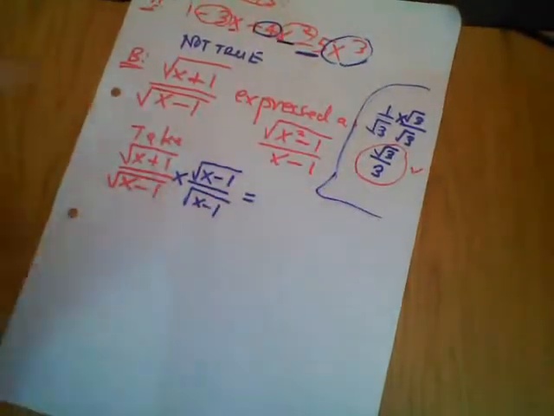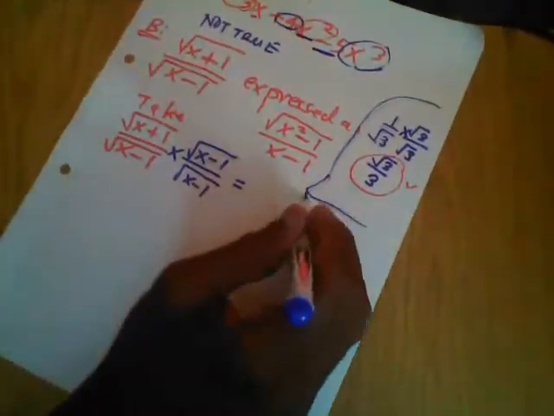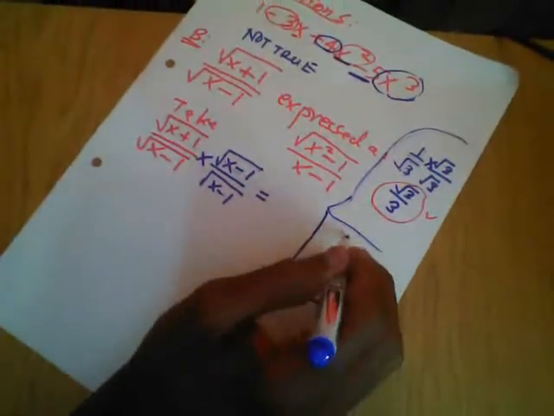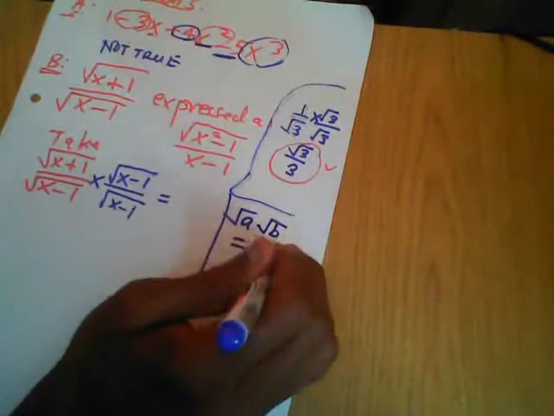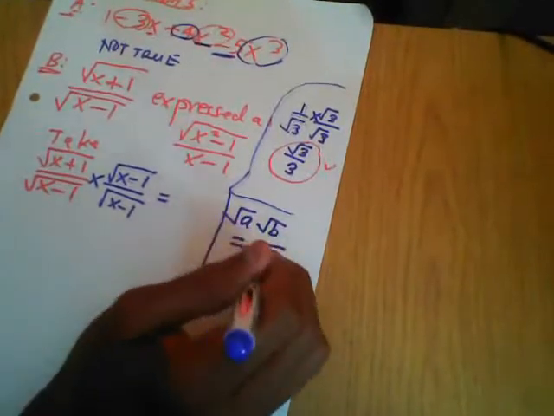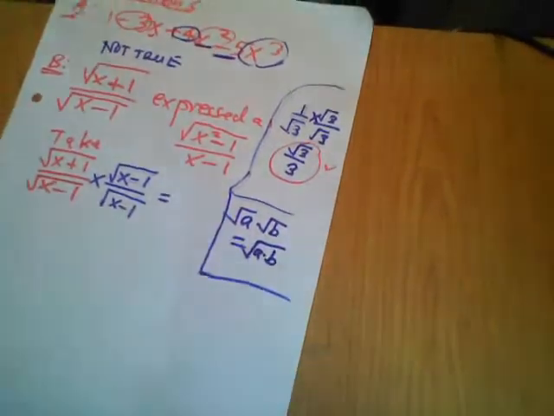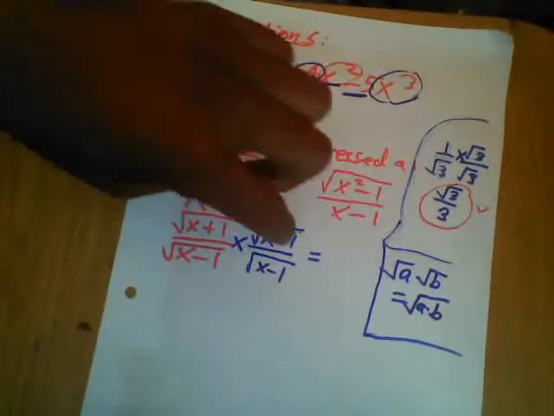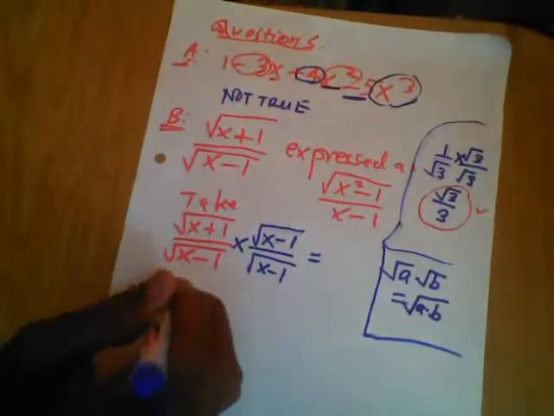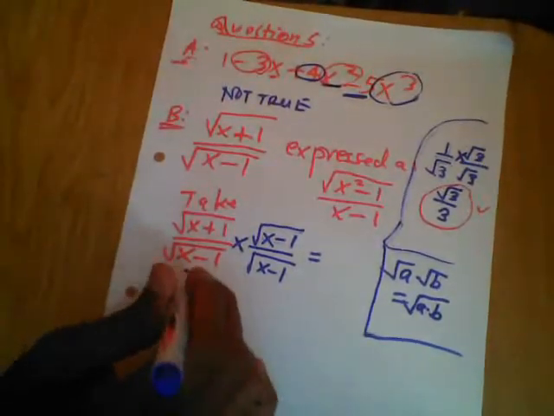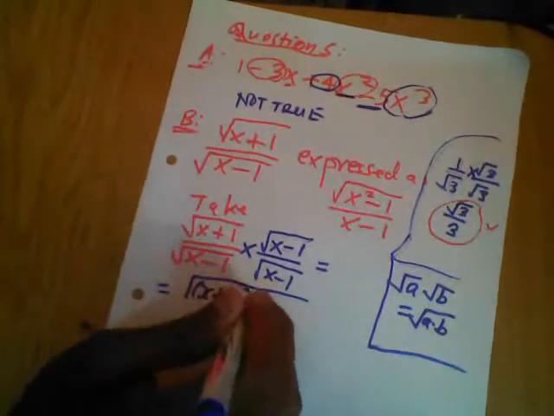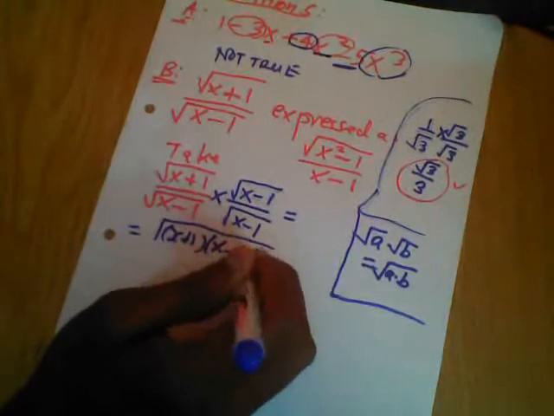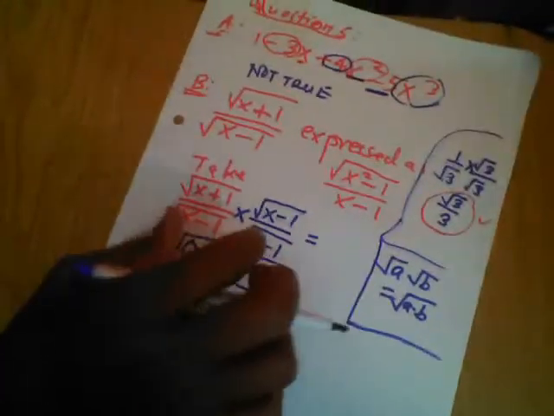Whenever you have a square root of a times square root of b, you can put them in one root. You could say the square root of a times b. So for that case, this root and this root, I can put them in a single square root. So I'll say this is equal to the square root of x plus 1, bracket, and then x minus 1, over